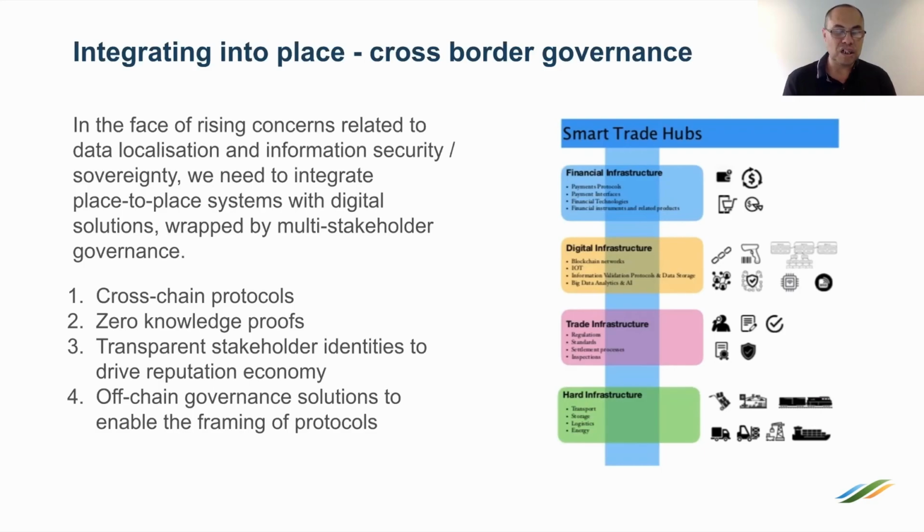Two other things we're looking at very closely is the role of ensuring stakeholder identities are very transparent within the transactional ecosystem, and that's really to drive reputations. For high value, high reputation economies like Australia, being able to prove that the merchant or the supplier is the authenticated Australian supplier, for example, could actually contribute to significant value creation.